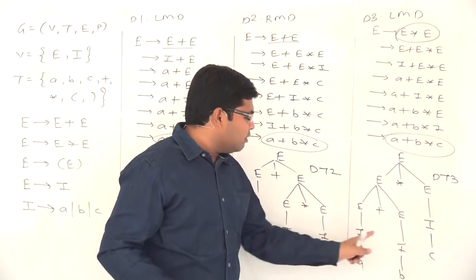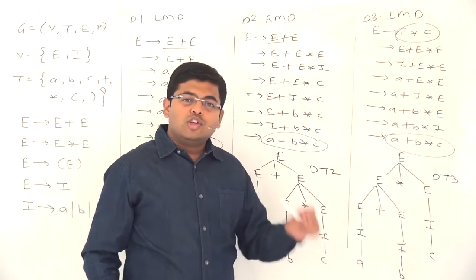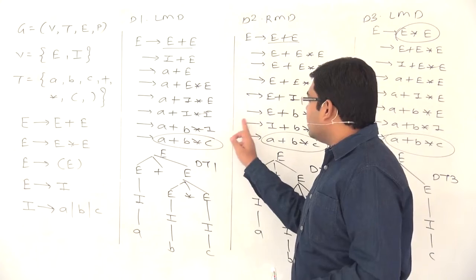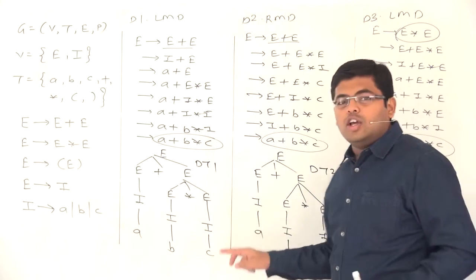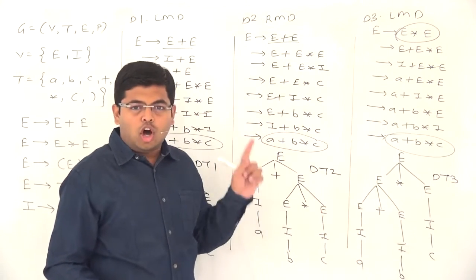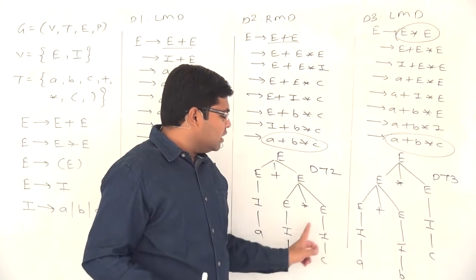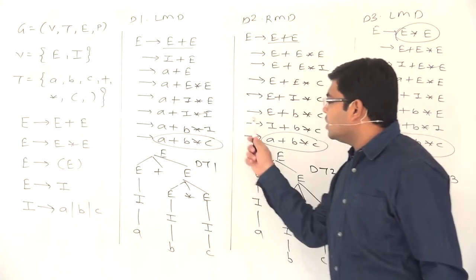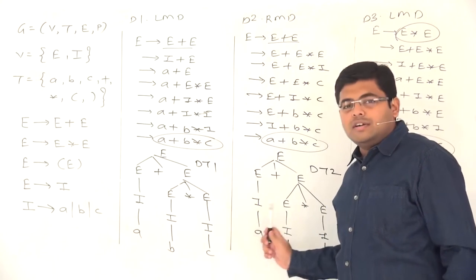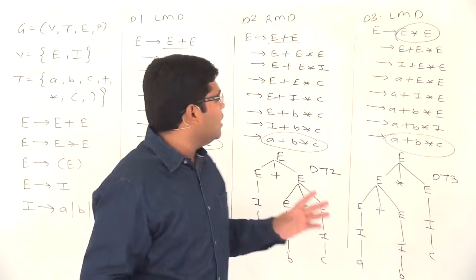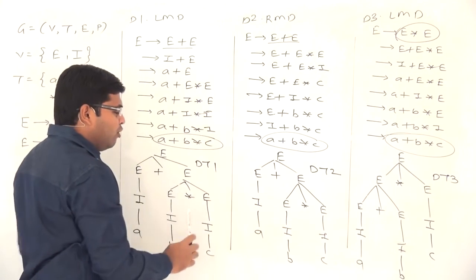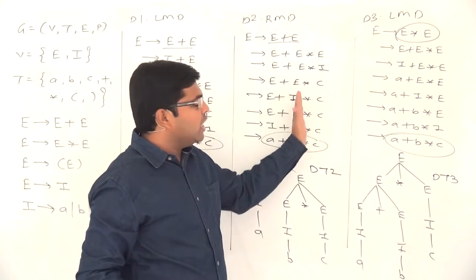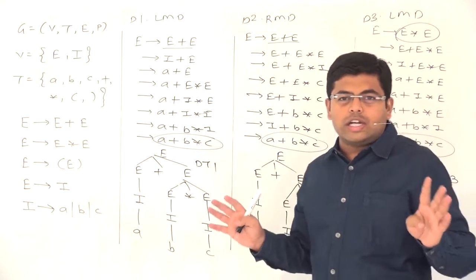If you get different derivation trees, you will compulsorily get different derivations also. But if you get different derivations, you may get the same tree or you may get different trees also. So different trees imply different derivations. However, different derivations don't imply different derivation trees. Or we can say that different derivations can have the same derivation tree, but different derivation trees cannot have the same derivations. So these are the 4 conclusions that we should be very clear with.